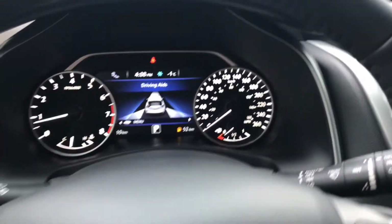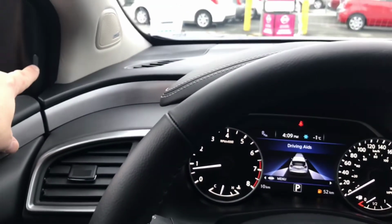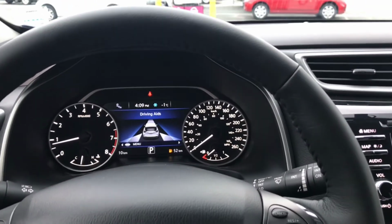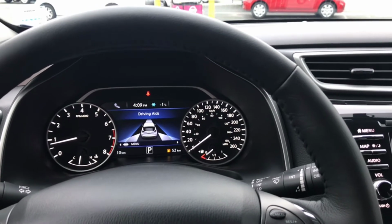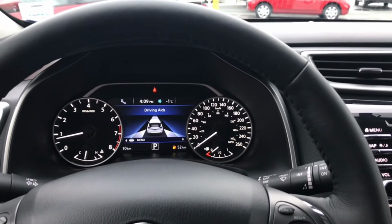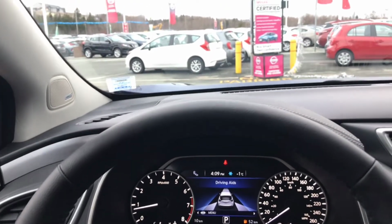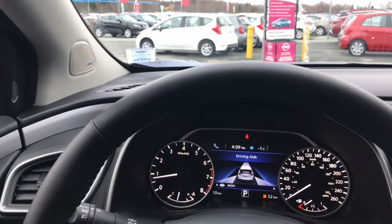The two side pieces here have dual function. The first one is pertaining to our blind spot indicators. Nissan has opted to put the blind spot indicators on the inside of the vehicle. To the best of my knowledge, Volvo is the only other company that does this, and they have been deemed the safest car company in the world. So Nissan puts them on the inside for two reasons. One, it's much easier to see it sooner rather than looking out to the corner of your mirror. The second one is, regardless of the weather outside,